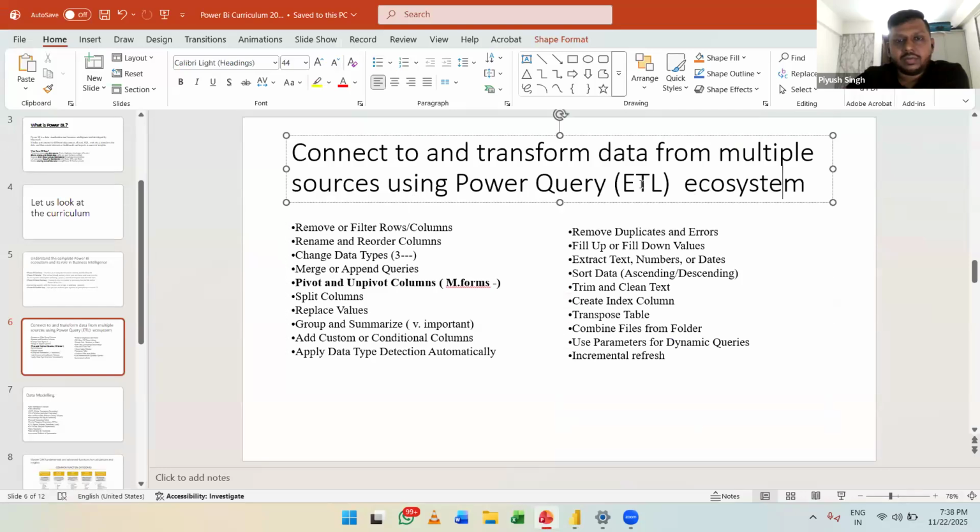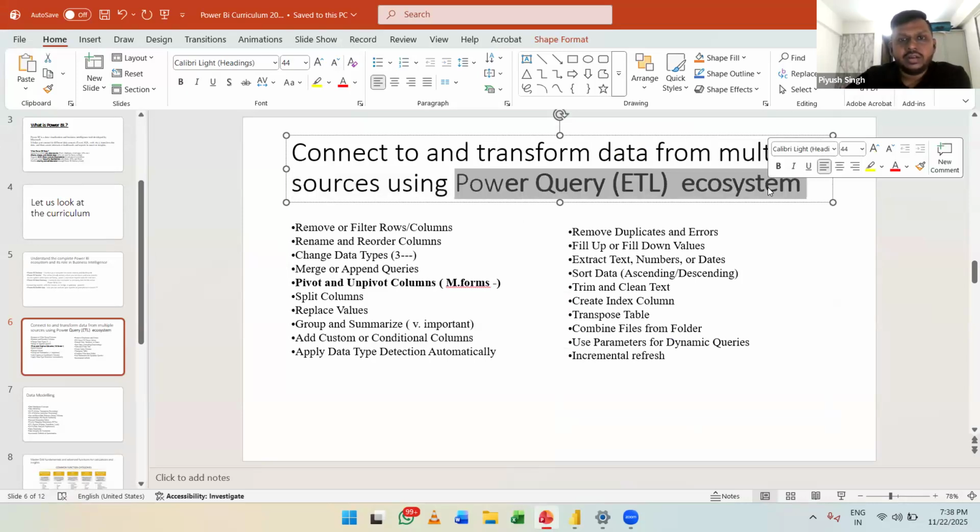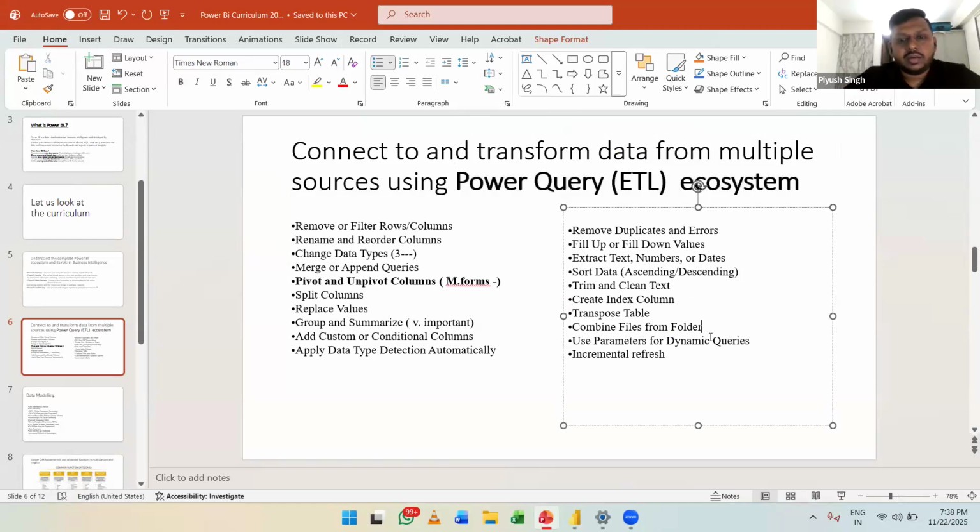This entire ecosystem, as I wrote it here. My idea is to teach you how to use this entire ecosystem so that you can utilize it, change the data as per the client needs, as per the end user needs, right? This is what my idea was to tell you guys. Having said that, I would move further to the data modeling part.